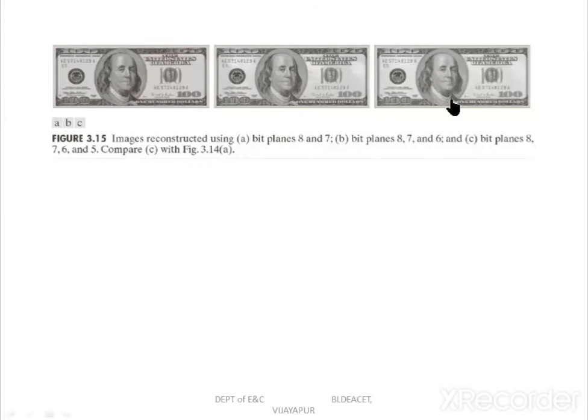However, the last image is obtained by considering bits 8, 7, 6, 5. So the advantage is that you will be able to estimate which bits of the pixel contribute much towards the formation of the image, and you can